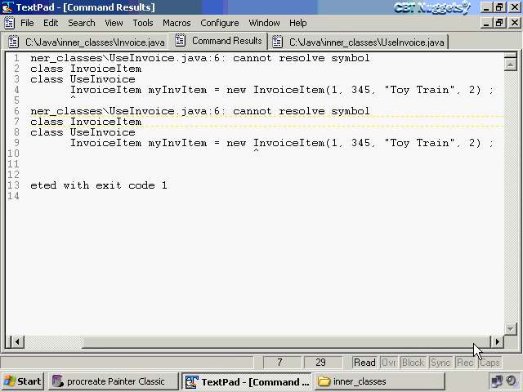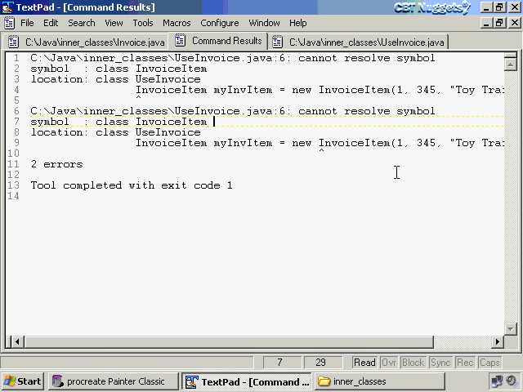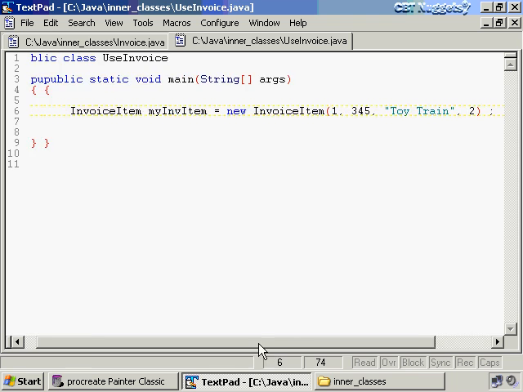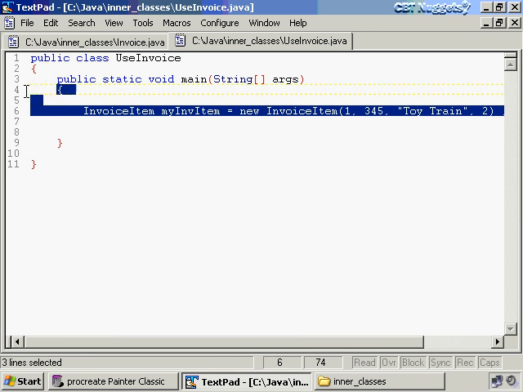And unfortunately, it doesn't give me this really cool error about, oh, you first have to create an invoice before you go ahead and use the invoice item. So let's go ahead and create an invoice first. So I'm going to save, well, let me get rid of this, and we'll come back, and I'm going to say